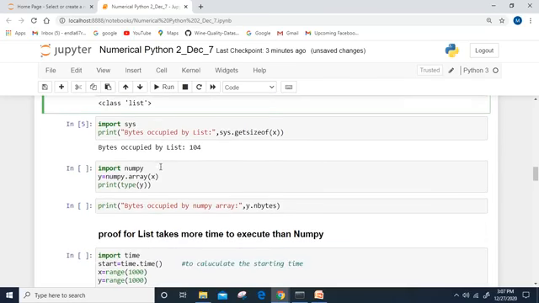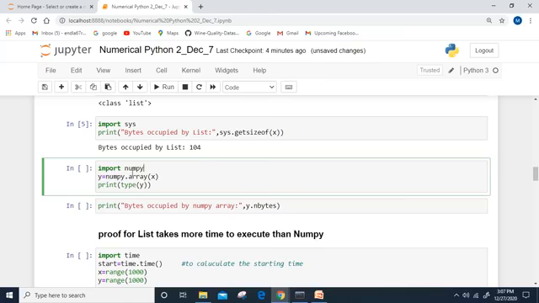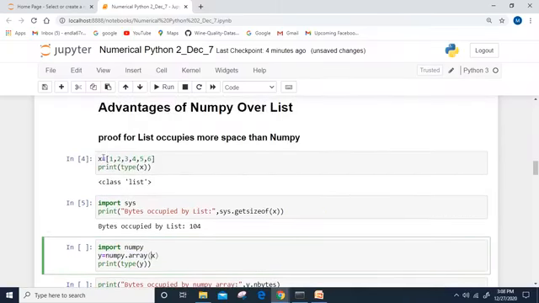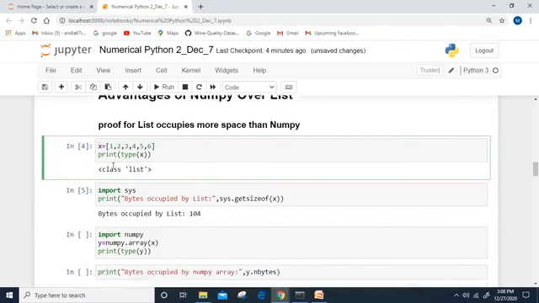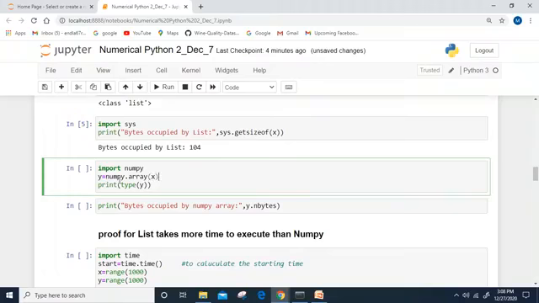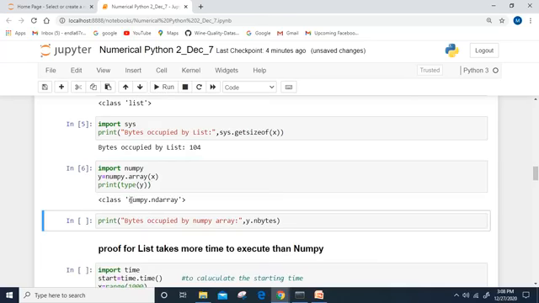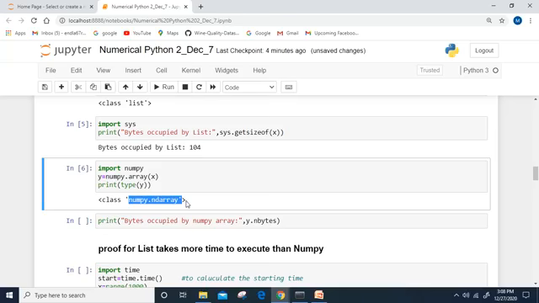Right. And let me show you the same thing with NumPy. I'm importing the NumPy library, and from the NumPy library, I'm taking the array function. Through the array function, I'm passing the same list. Previously, whatever list we have taken, I'm passing the same list, and it will be stored into the variable name y. When you check what kind of data type it is, just pass that through the type function, then it will give you what kind of data type it is. Let me execute this one. See, here it is showing the data type as numpy.ndarray. That means n-dimensional array.